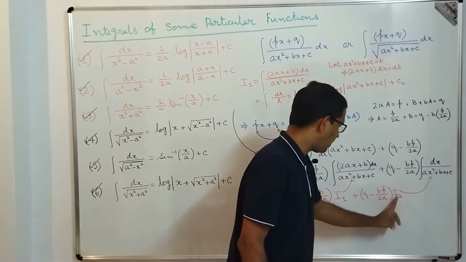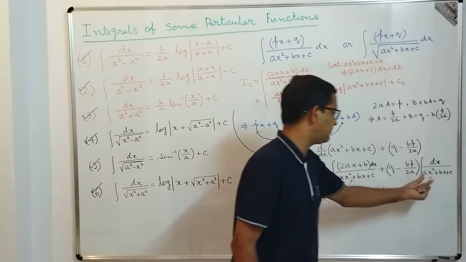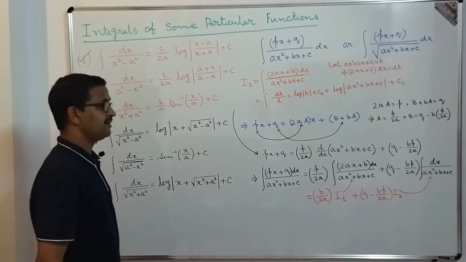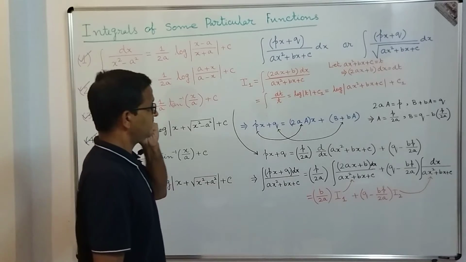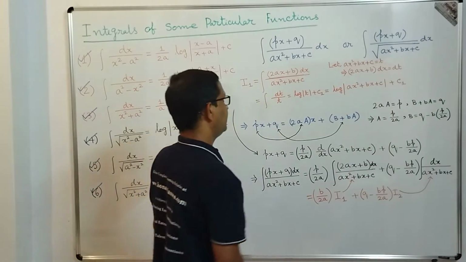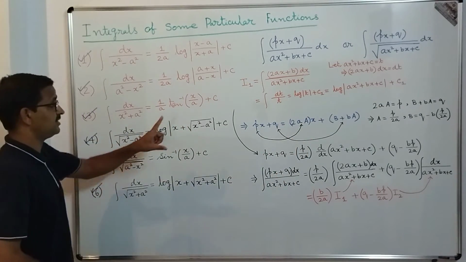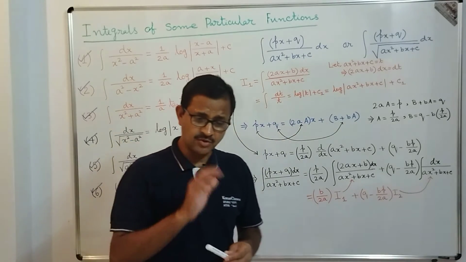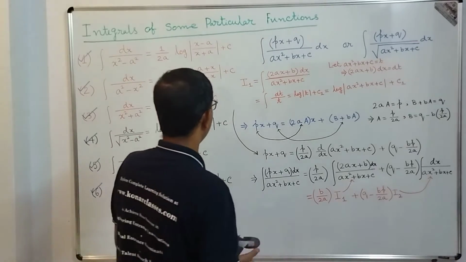And how can we find the value of I2? For that we need to make it a complete square, and then it will reduce to one of the formulas you see in the top three formulas. In a similar manner, if we get the other form, we do the same thing, but ultimately the formulas we need to apply are 4 to 6, because it is the square root of ax square plus bx plus c. So this is the concept. I explained the concept first. Now let's solve some problems together.